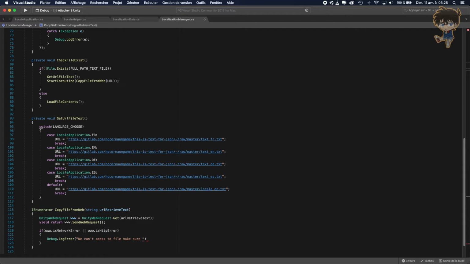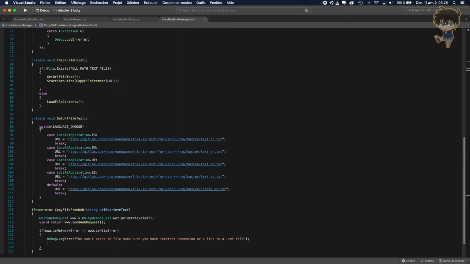Make sure you have internet connection or a link to a .txt file. Okay,